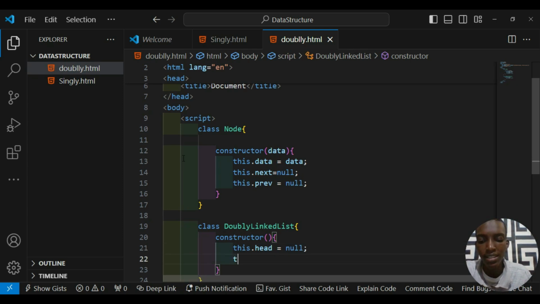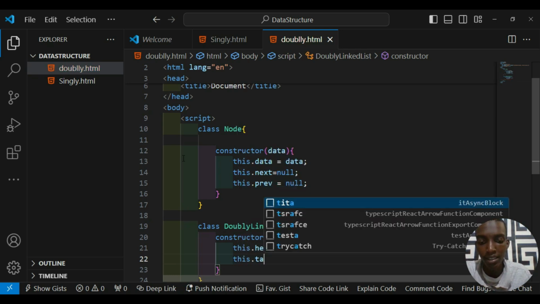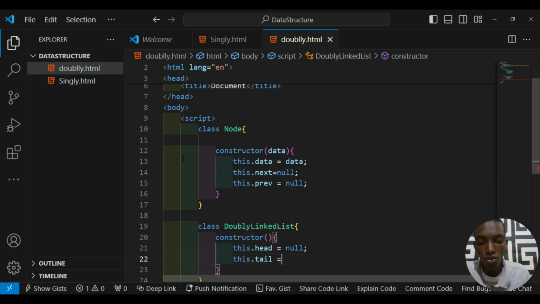We say this dot tail equals null. Because I'm just giving variable names, I'm saying this one initializes the tail of the list to null. When I say tail, remember, like the bottom. Now I can say